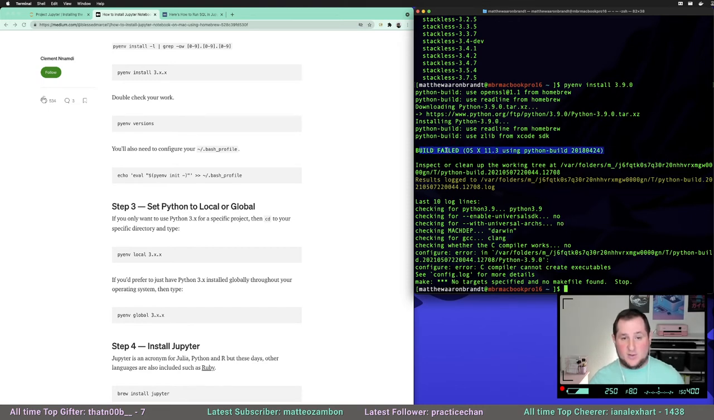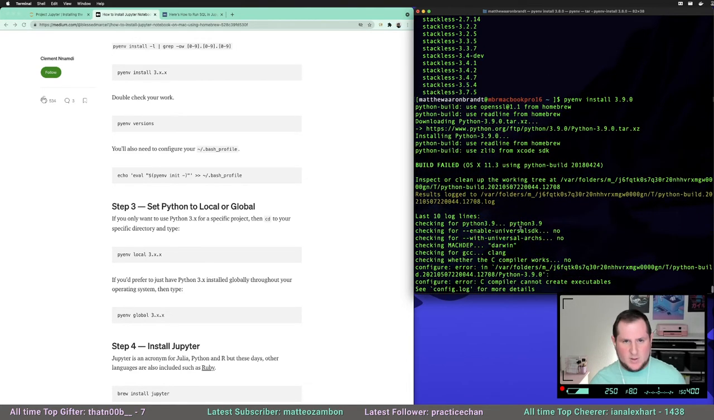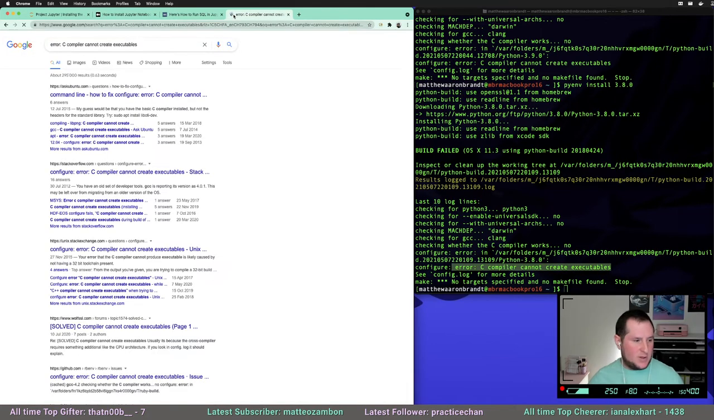Build failed. Wonder why that is. Let's try a different version. So does it download? It downloads and then it fails on the build. Checking whether C compiler works. C compiler cannot create executables. I have never heard of this error. Don't really want to be debugging this on stream with y'all. It's kind of boring, but I mean, this is essentially the